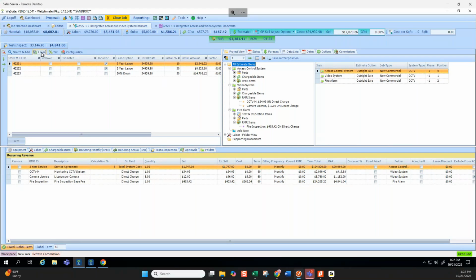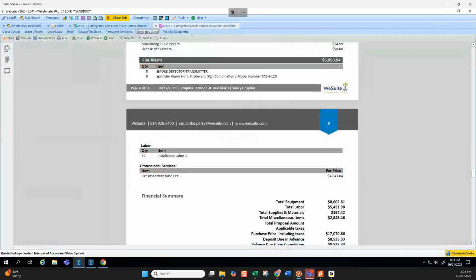And everyone calls it something different, whether you call it financing, leasing, or just security as a service. We can customize however you want it to look on a document. But the way this module works is that the formulas of how to finance or lease a system are typically predefined. And then as a salesperson, you simply click include, and then once you go to your proposal document,